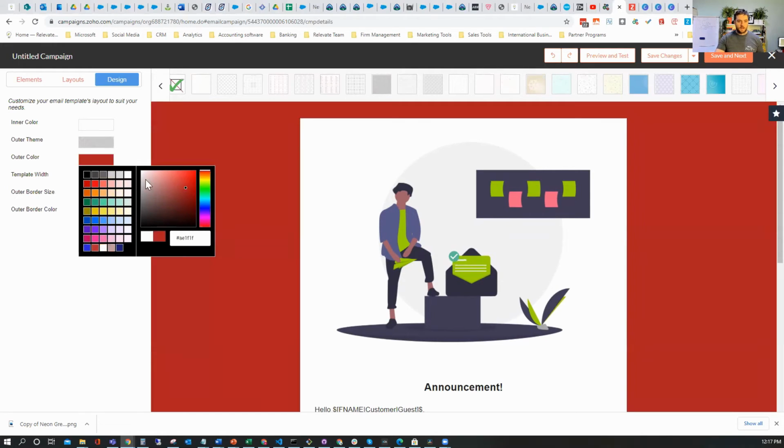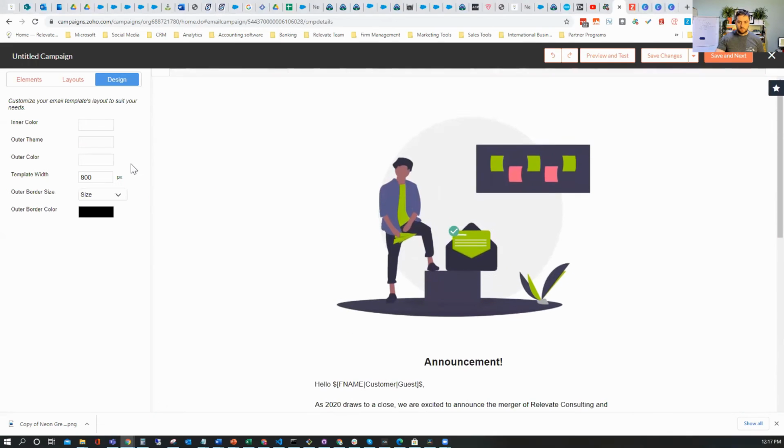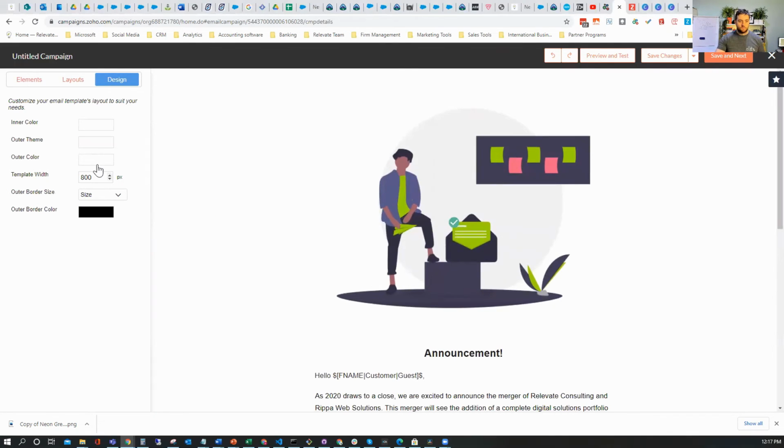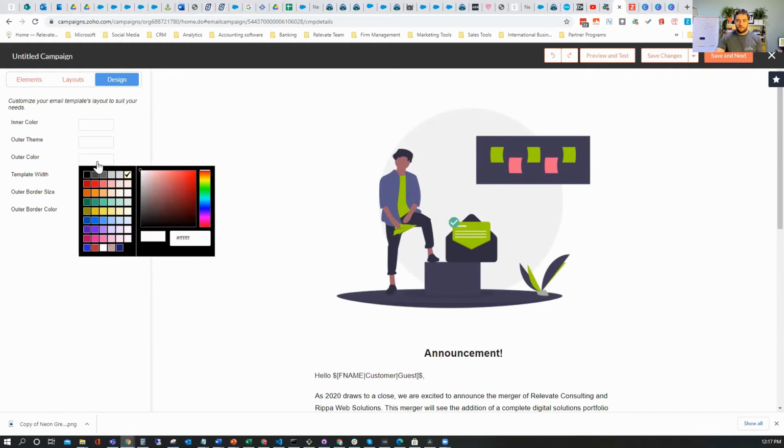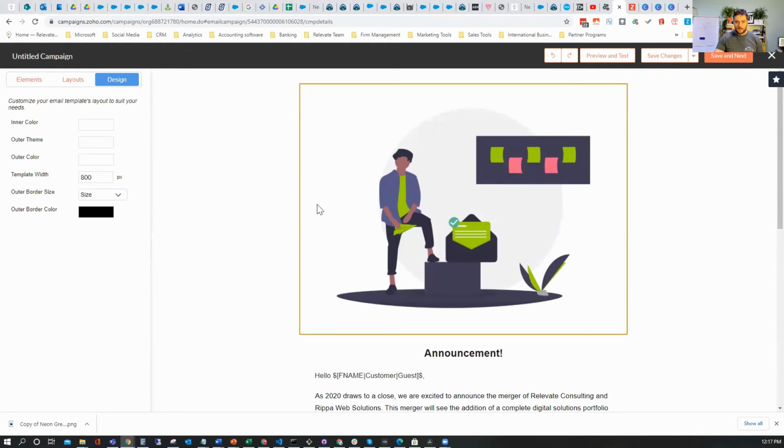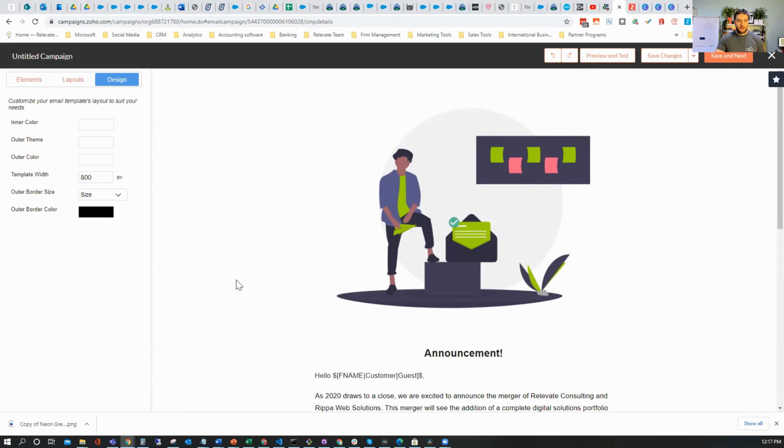So if we're going to make it red, if we're going to make it grayish, if you want pure white, you just go to the hex code, or if you drag it all the way in the top left, the hex code for white is just FFFFFF, just all Fs. And that way you're going to make sure that you get pure white and it's going to match the same as the email background. So that is how to change the color on the background of your email in Zoho